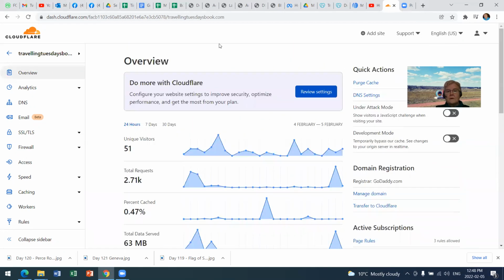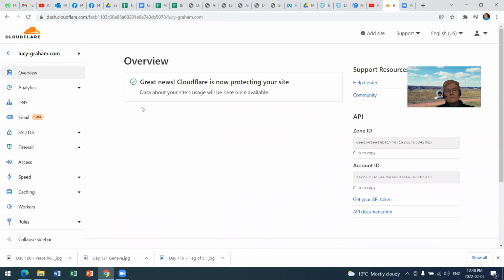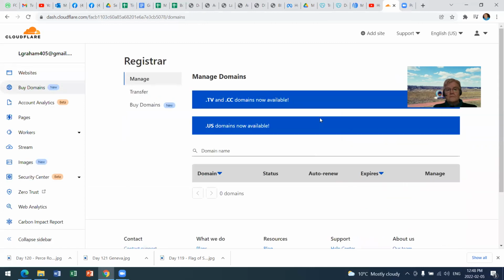Okay, so that one is traveling Tuesdays. And now what happens to this? Do more, configure website settings to improve security, optimize your performance, and get the most from your plan. So I'm still registered with that. So if I click on manage domain,